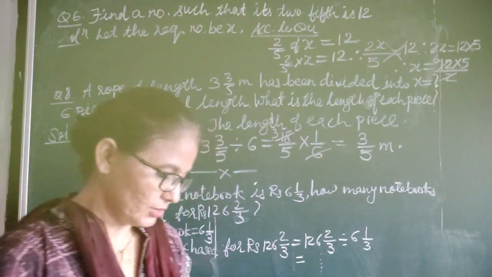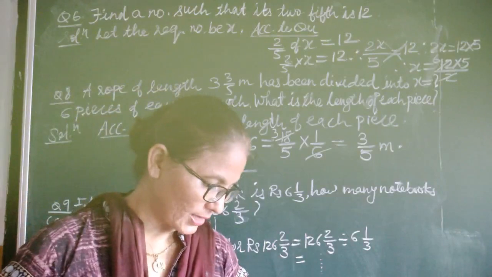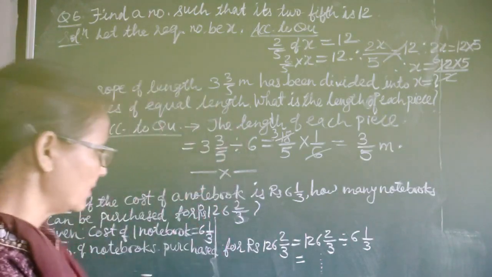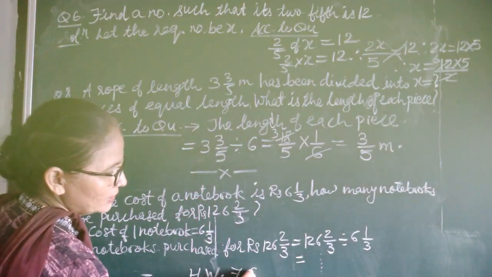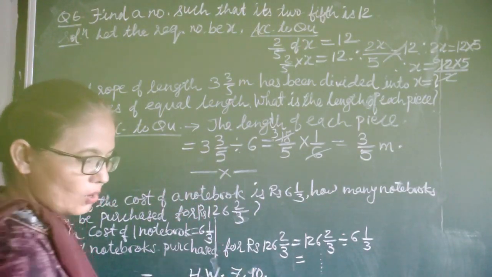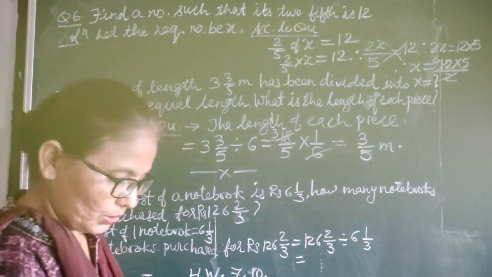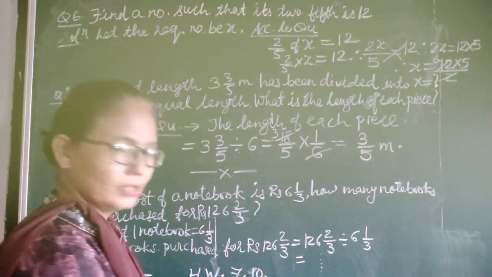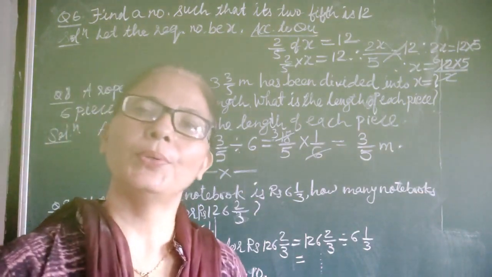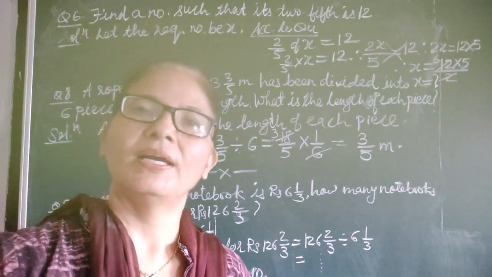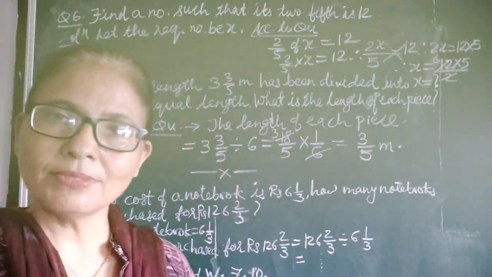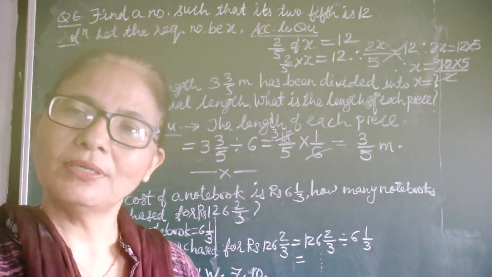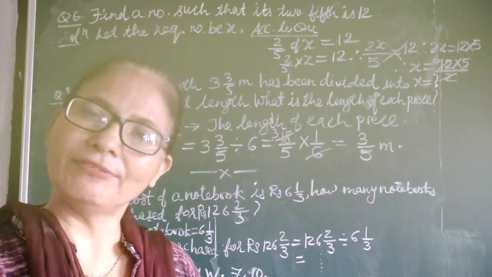And after this, question number 7 and 10. What I said, your homework is what? Question 7 and 10. And now I am going to explain to you which question? Question number 11. Okay. And I think you understood all these sums. So let's move to question number, which one? 11.